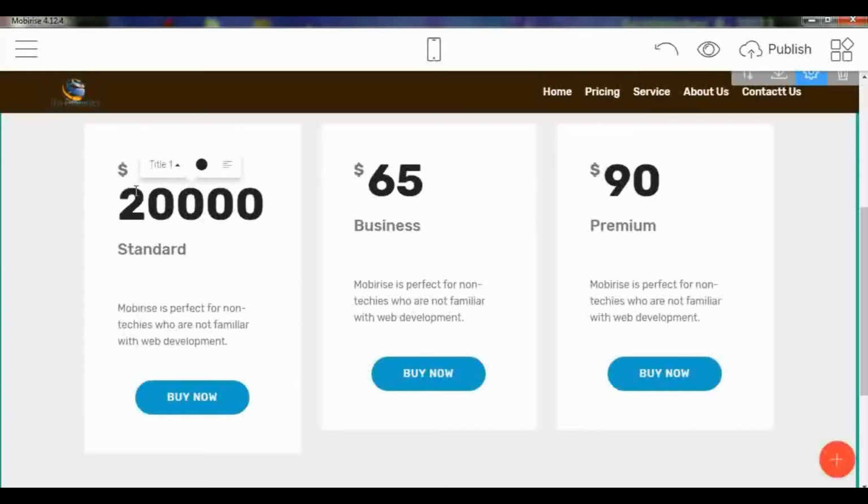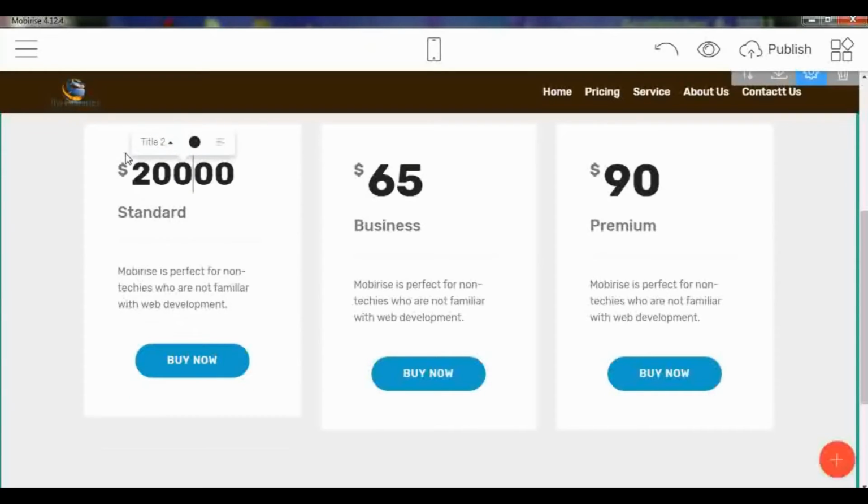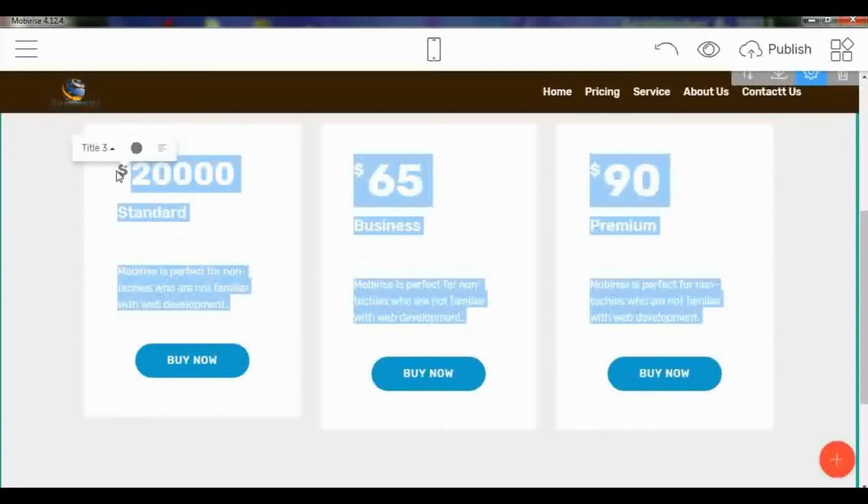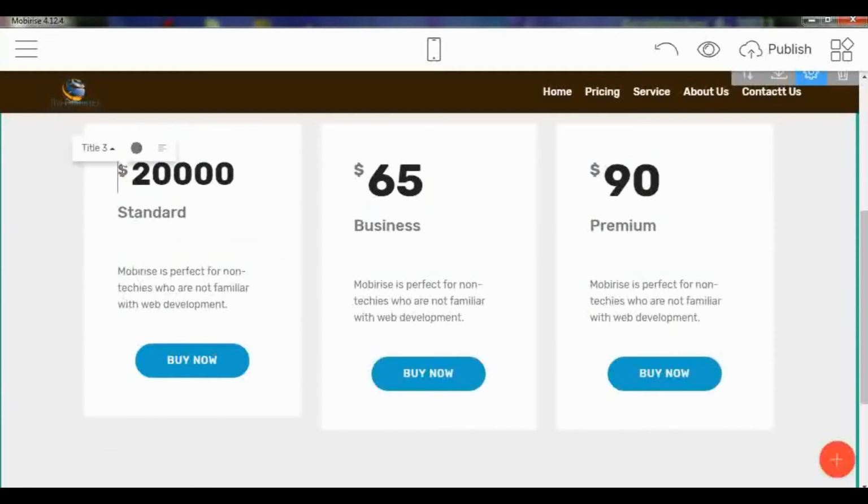Because as you do this, the thing shifts to the ground, you reduce the font to title 2 so that this one will show. Click on it, and first of all we increase it to 2 so they come to the same size.